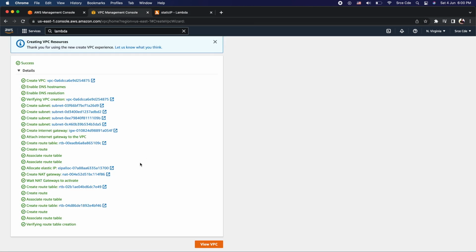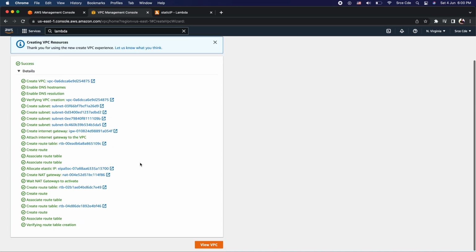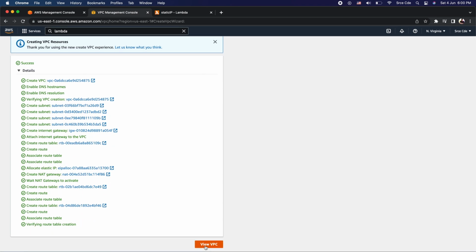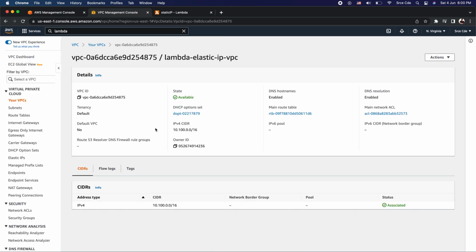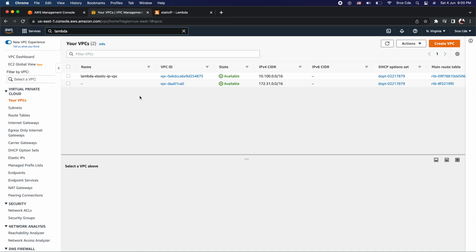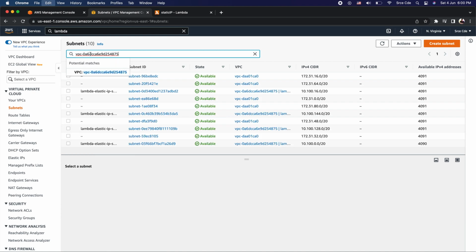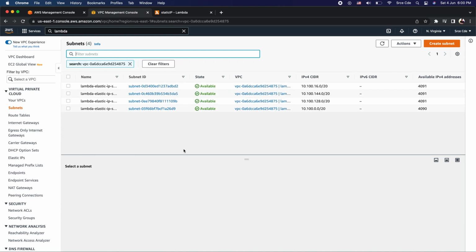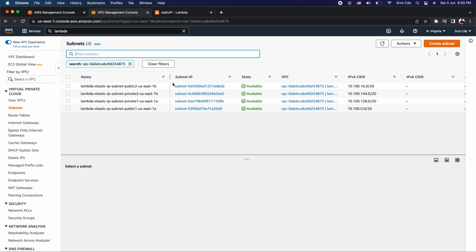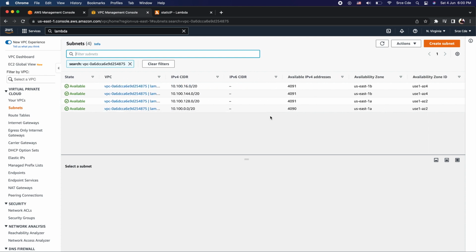And now here as you can see, the VPC has been configured successfully. So let's click on view VPC. And here you should be able to see the VPC that we have created, that is Lambda Elastic IP VPC. So let me copy this VPC ID. Let's click on subnets and let me filter it by VPC ID. So here you should be able to see 2 public and 2 private subnets in different availability zones,